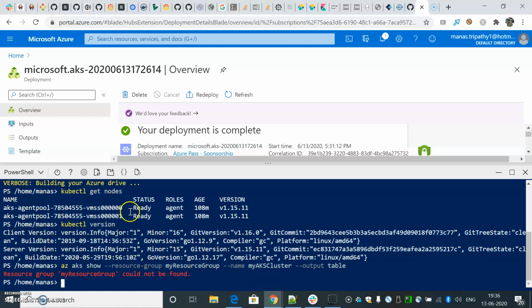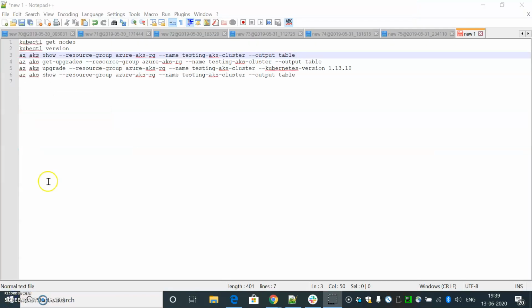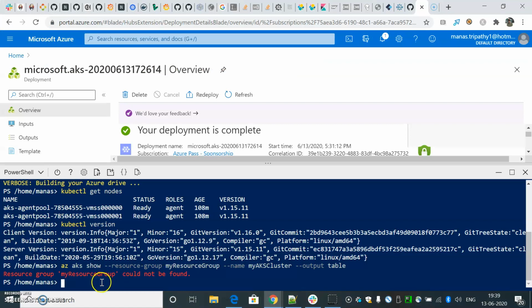I have not changed my resource group name. I'll just change it to my resource group name. Just give me a moment. So I've changed the resource group name and the cluster name as well. Let's copy it and I'll paste it over here. You can see the resource group is Azure AKS RG, and the name of my cluster is testing AKS cluster.